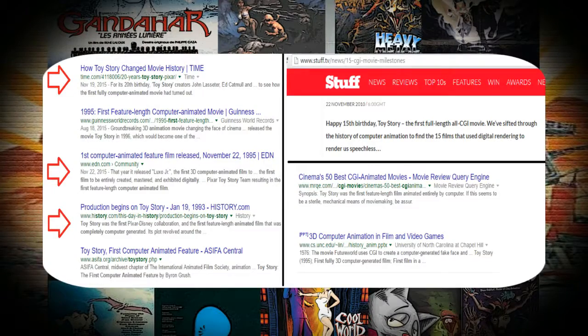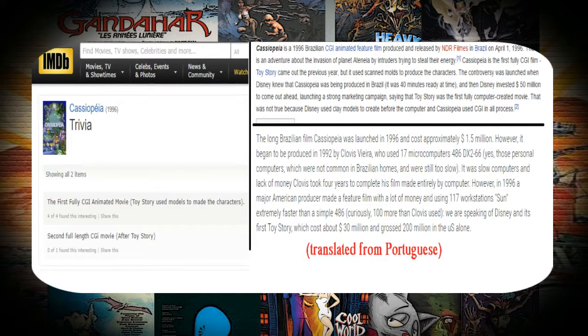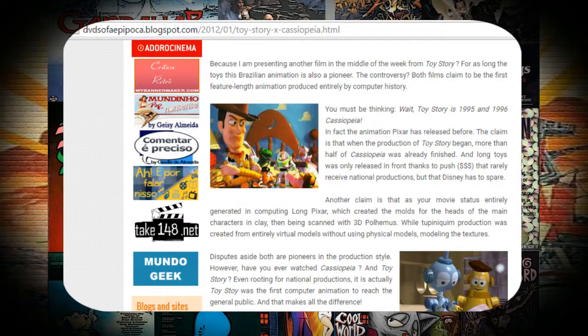However, a quick Google search will tell you otherwise, with many sources stating that Toy Story was the first to do so, while this film's IMDb page, Wikipedia page, and a few of what little sources I could find on the movie say that it was the first to do so. This created a small controversy regarding the two films, and when I say small, I mean you would have to really seek it out to see or hear anything about it. Alright then, there can't be two right sides, so which is it?